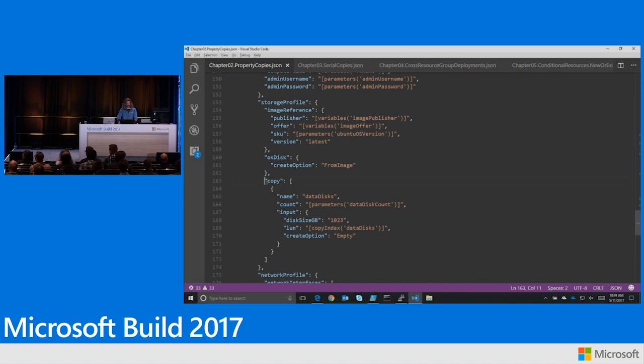this is normally where you'd have the data disks definition, okay? And so because I want an object named data disk, I give the copy set the name of data disks. I specify the count, which is the number of data disks I want, and then I provide the JToken that I want copied, which is, in this case, disk size, the LUN, which uses the copy index, and then provide